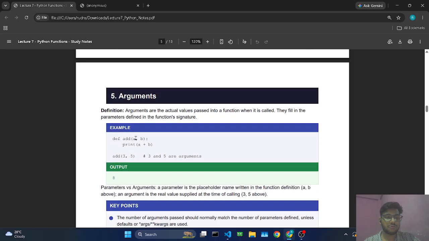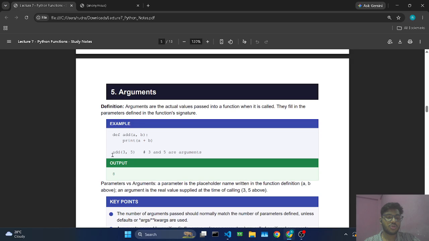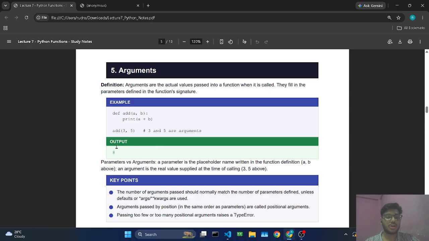Here we created a function called add, which will do addition, and we created two parameters, a and b. The work of this function is that it prints a plus b. So we called the function, we wrote add, then parentheses, and we are giving input here. This 3 will go to a and this 5 will go to b. So a and b here are parameters because they are placeholders. But 3 and 5 are called arguments. They are actual values which are passed to the function. So at the end, what will be the output? Output will be